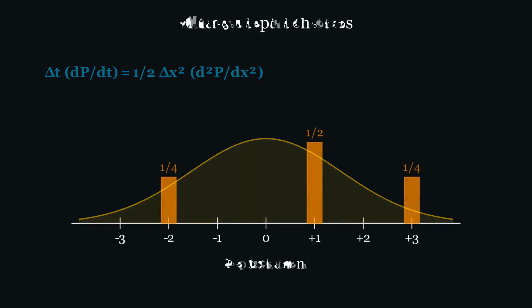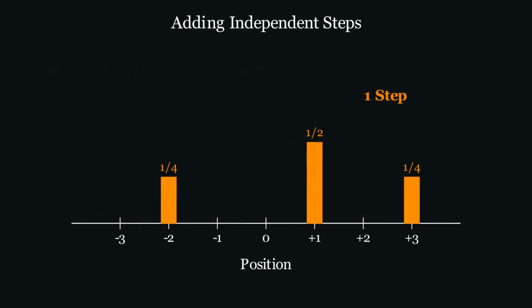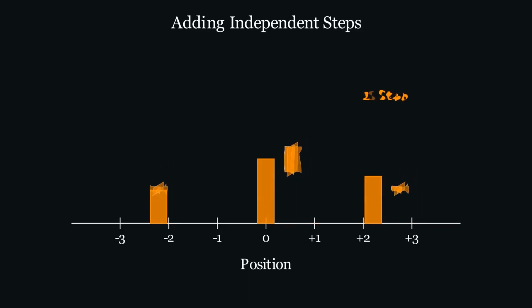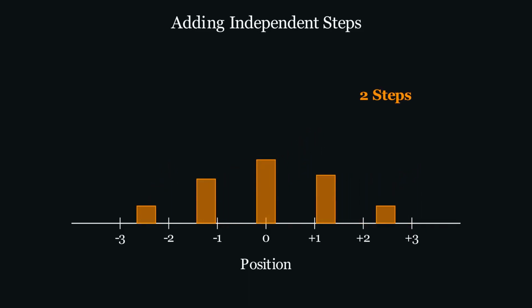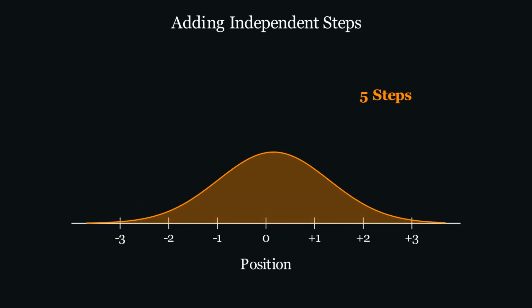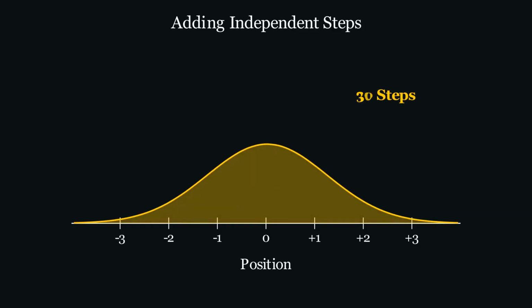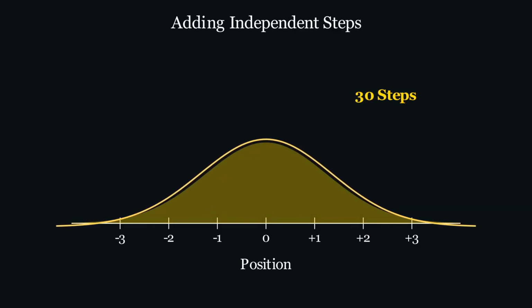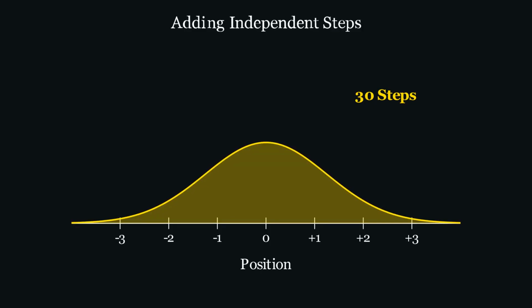To see why this happens, watch what occurs as we sum together successive independent steps. With just one step, the probability distribution inherits all the jagged asymmetry of our microscopic rule. But when a particle takes 2 steps, the distribution broadens and softens as different combinations combine. By 5 steps, those sharp spikes are almost completely erased. By 30 steps, any trace of the original microscopic rule has vanished into a single perfectly smooth bell curve. This universal smoothing is the Central Limit Theorem in action.